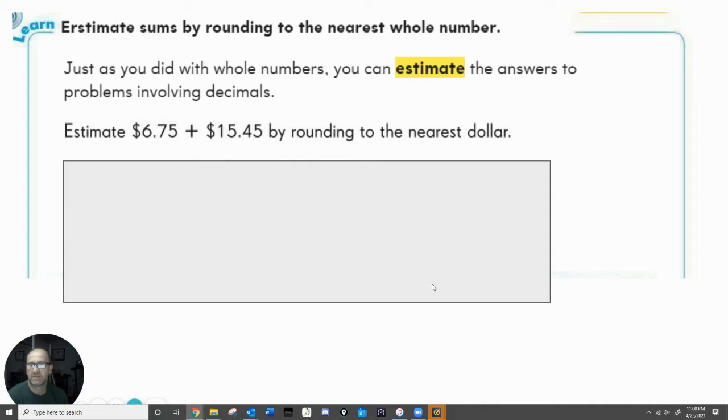So we can start by estimating sums by rounding to the nearest whole number. So just like we've done any other time, we can estimate to get close. So if we're going to estimate 16.75 plus 15.45 by rounding to the nearest dollar, then we'd be adding $7 plus $15 for a total of 22, which you're just going to have to rely on me saying because I just got my pen over here. But yeah, basically saying,